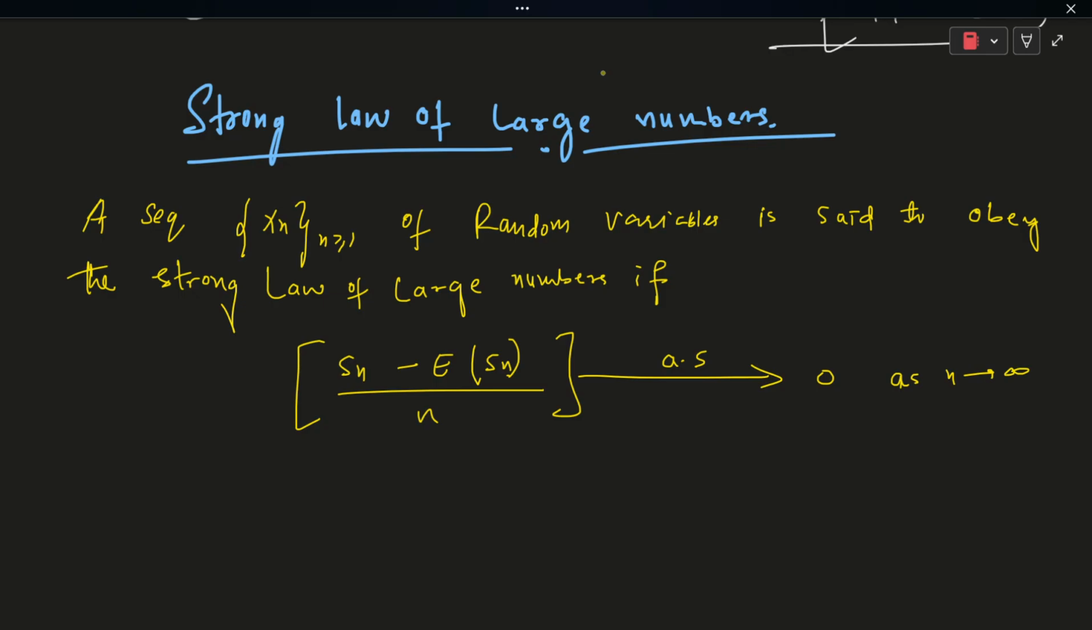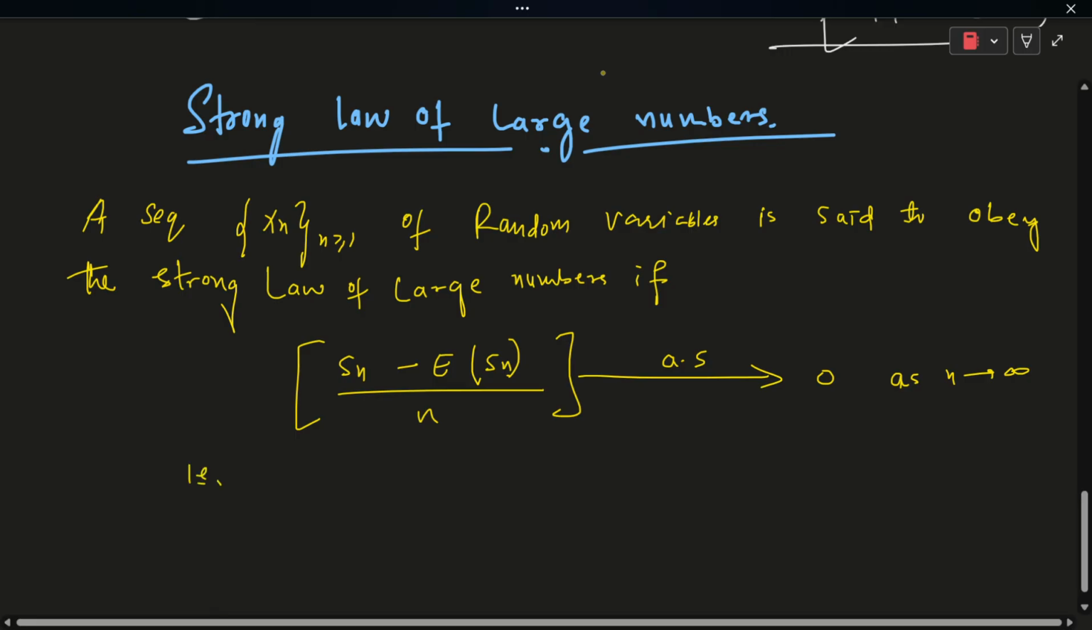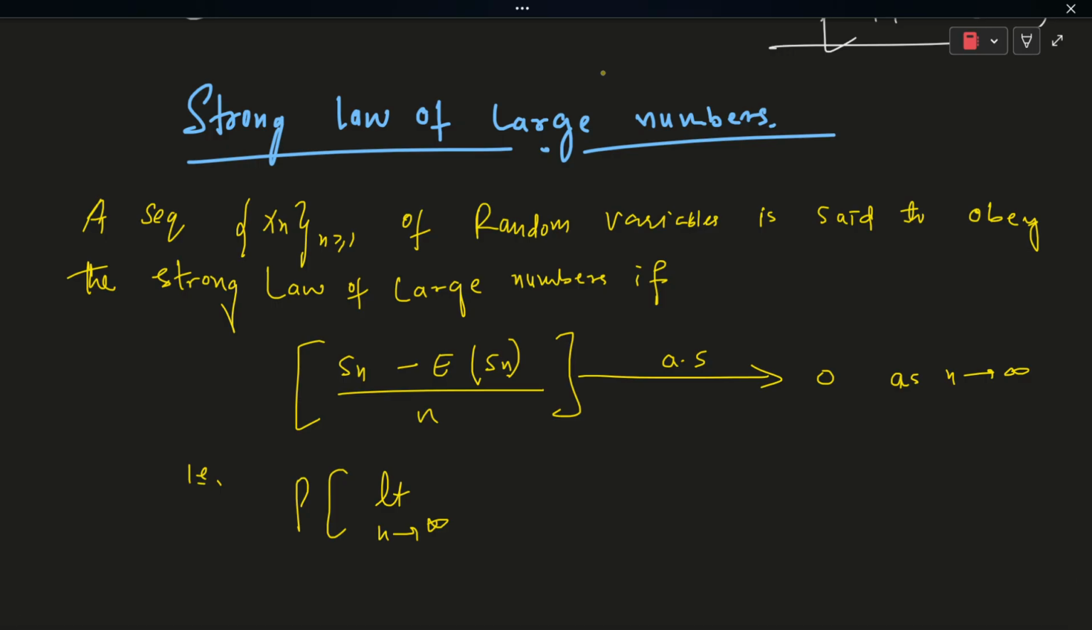So whenever this happens, Sn minus expectation of Sn divided by n is tending to 0 in almost sure convergence, then operating limit on this quantity, the quantity which is inside the brackets, that is probability limit n tending to infinity. In almost sure convergence, we take the limit of the quantity, the one inside, and in convergence in distribution we take the limit outside the probability, or in convergence in probability, okay. Limit n tending to infinity